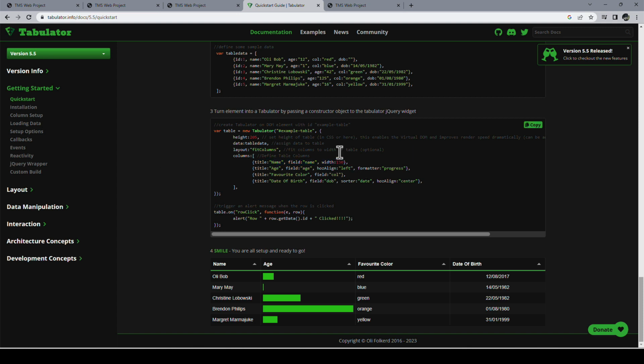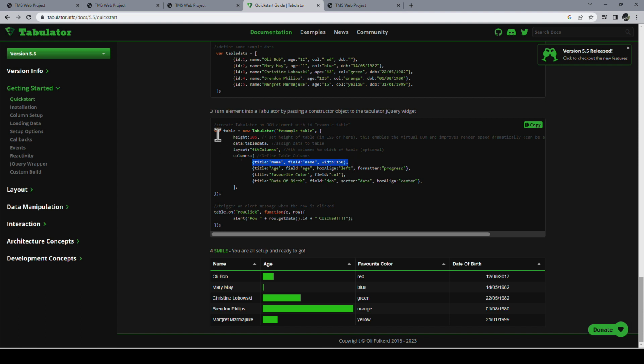The only tiny little JavaScript thing you need to remember is if you specify a parameter with multiple options, it's always in JSON, like you see it here, with an opening squiggly bracket and then a closing squiggly bracket. That's basically how I specify parameters that have multiple values. You can think of it as an object that you pass in. So this object has the properties height, data, layout, and columns, which itself is yet another array. That's why we have the square brackets consisting of multiple column definitions.